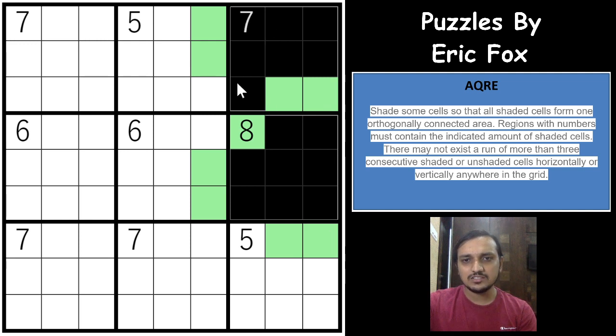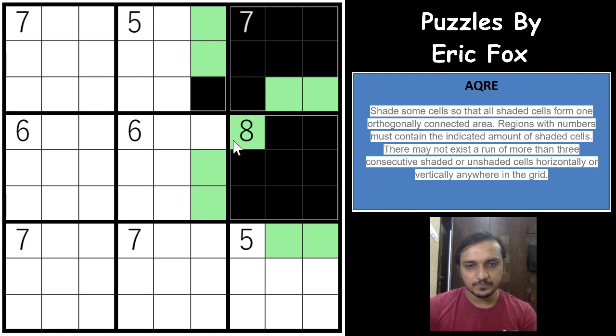So both of these will be unshaded. The black region will have to go out this way, and okay, so this black region will have to come out this way, and this will be unshaded again because you already have 3 cells shaded here now. So this has to go out this way,